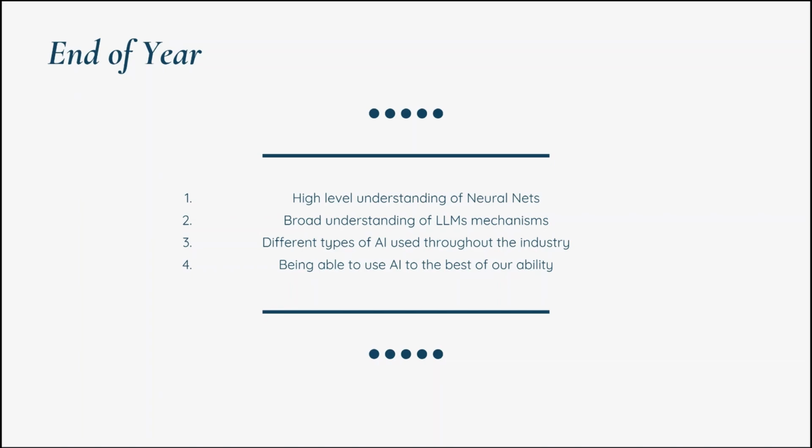Different types of AI are used throughout the industry. This is, again, important because if many people are using AI, you'll be at such a disadvantage if you don't know the different types and how to use each type, and understanding when you want to use one company's AI versus another company's AI. So understanding this now will greatly improve our chances in the future with any goals that we may achieve.